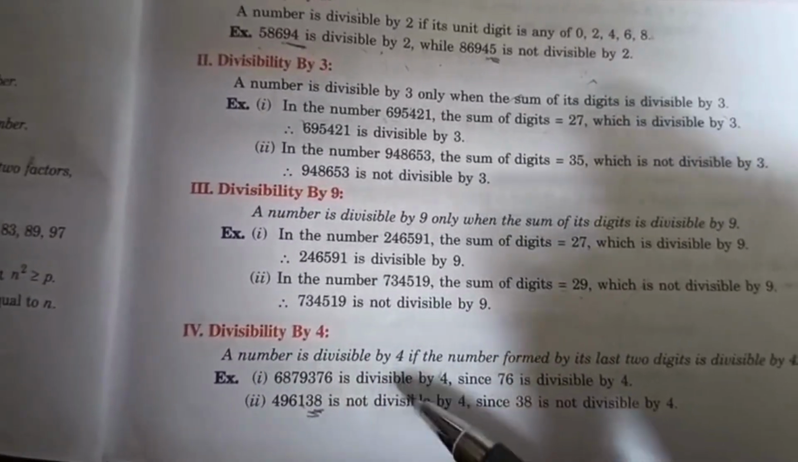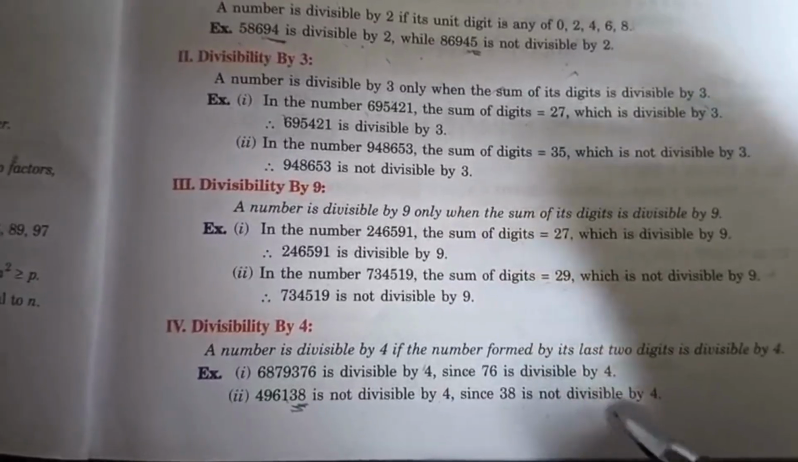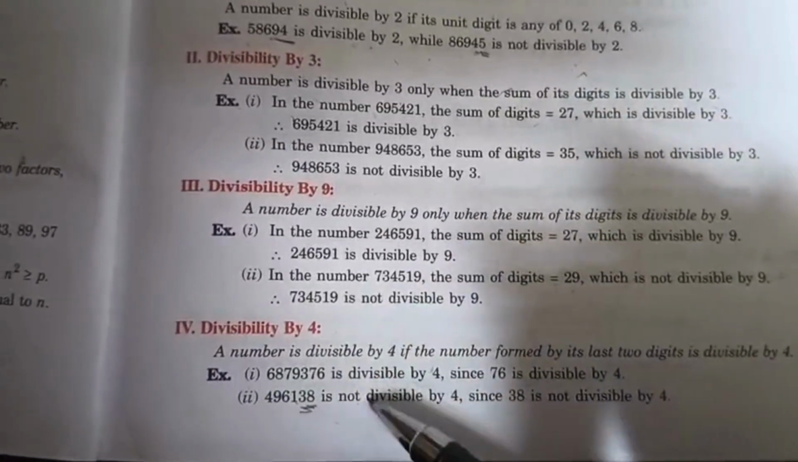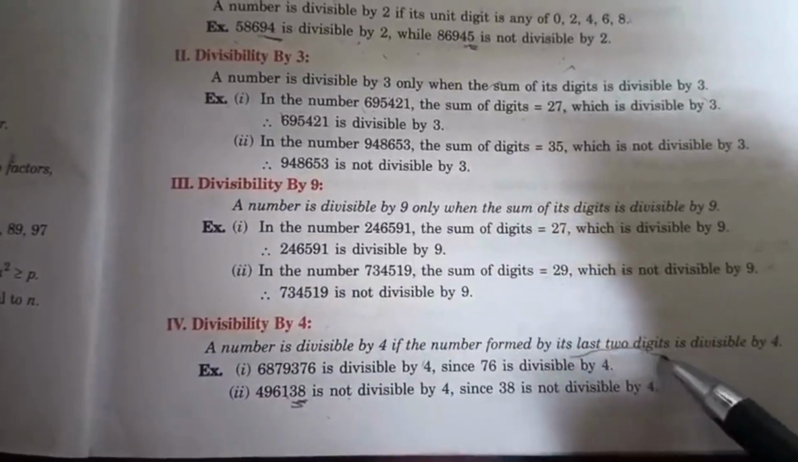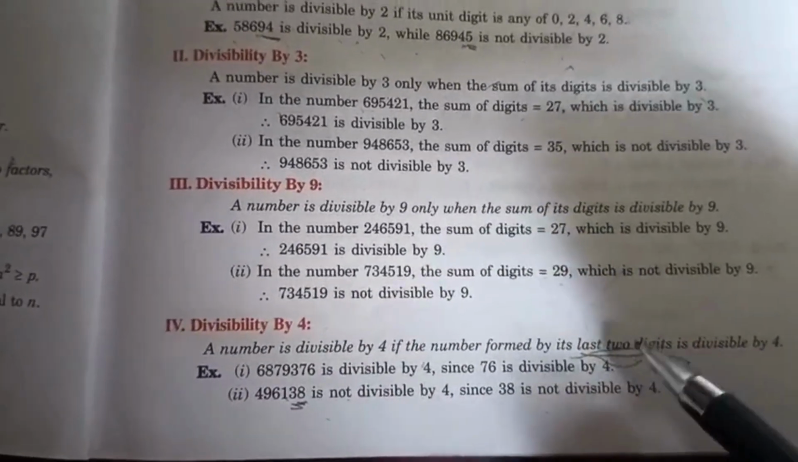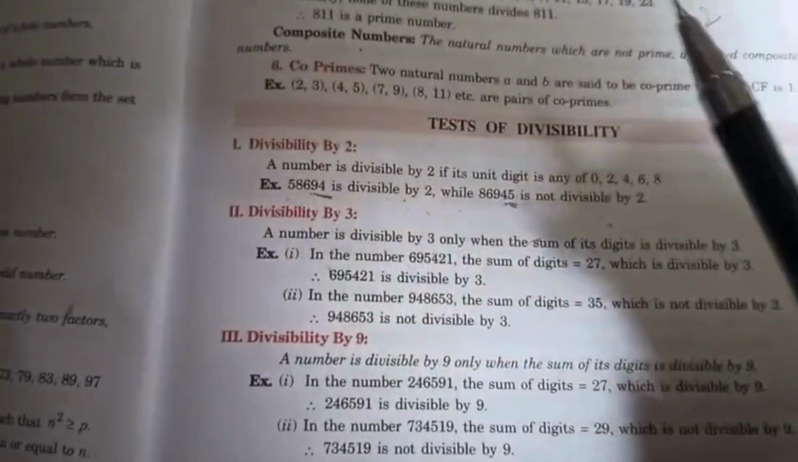So it is not divisible by 4, since 30 is not divisible by 4. You can check this rule in the last two digits. Okay, let us revise